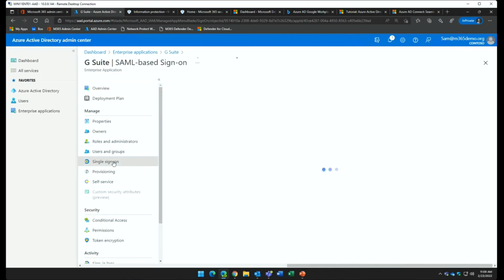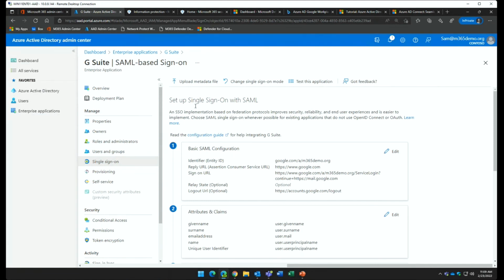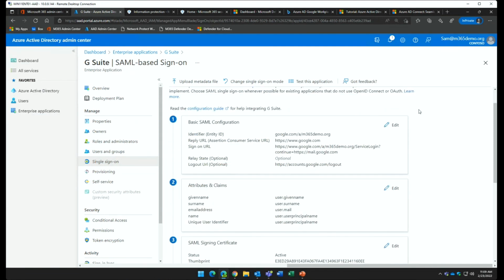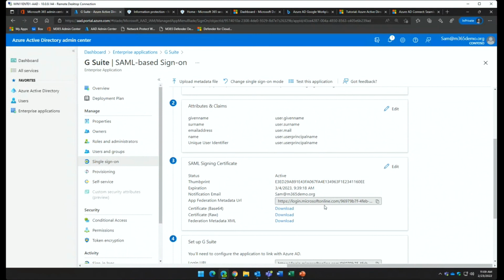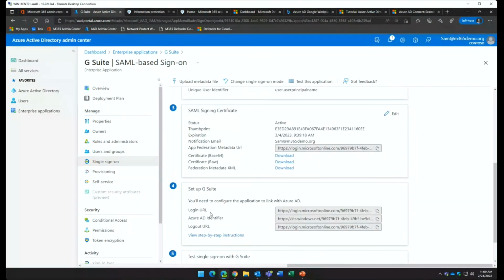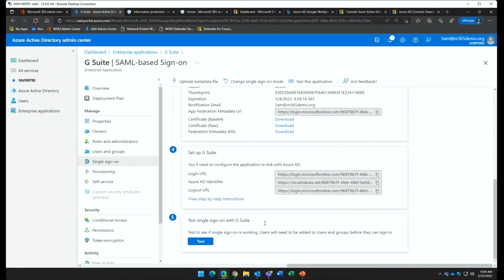You go to single sign-on. And it walks you through the entire process right here. You can go to the configuration. That would have been the quicker shortcut. I should have just done that. You can go to the configuration guide right here that is tailored to G Suite. Shows you both the Microsoft side and the Google side. Effectively, you're going to have your certificate and your login and logout URLs. You'll copy these, head over to your Google Admin Center, tell Google that Azure AD is the identity provider, and make that connection. But it's just traditional SAML. You can test it out, and then you're deployed.